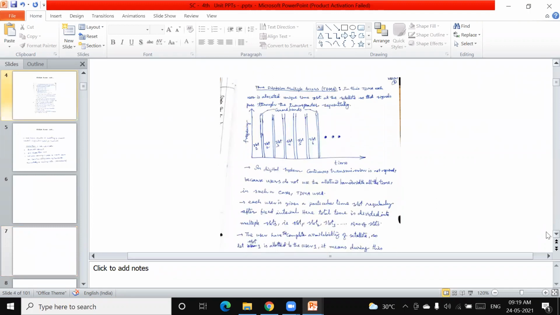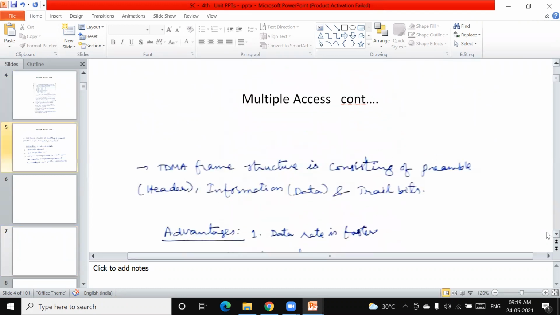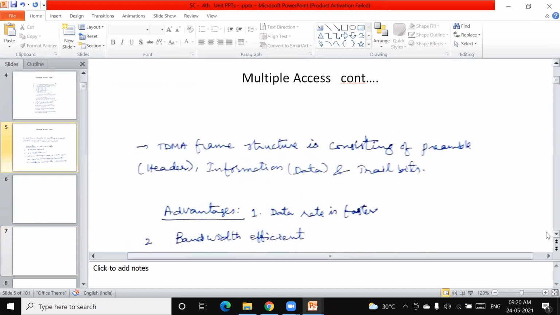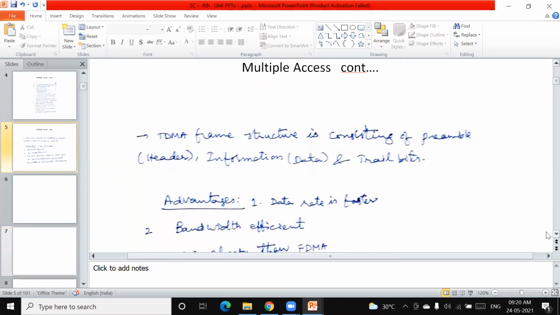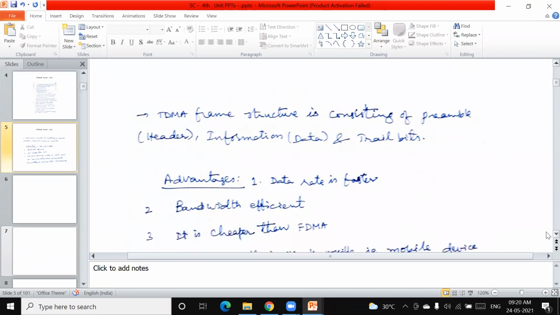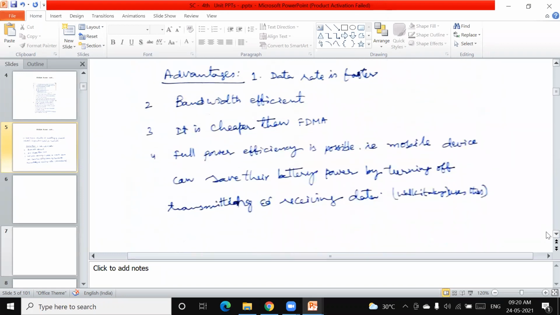The other one is code division multiple access, which we will see in the next class. To sum up this class, we discussed one problem related to the third unit, where you need to calculate the transmitting power for a given C/N ratio. That means you are restricting the transmitting antenna. You are supposed to find the transmitting power to have a C/N of 26 dB. For that, we solved one problem. That is the third unit.